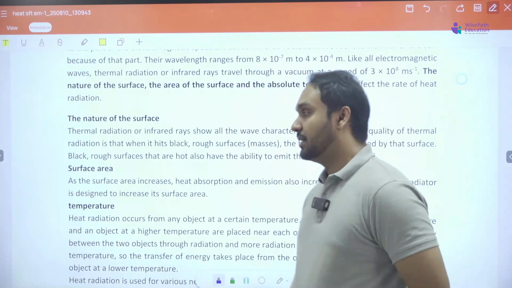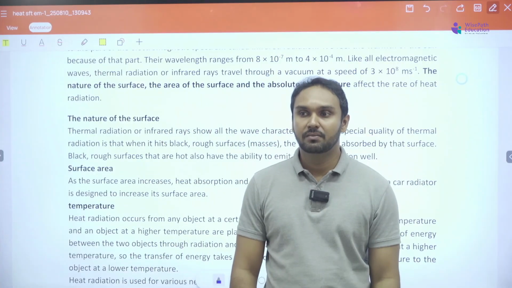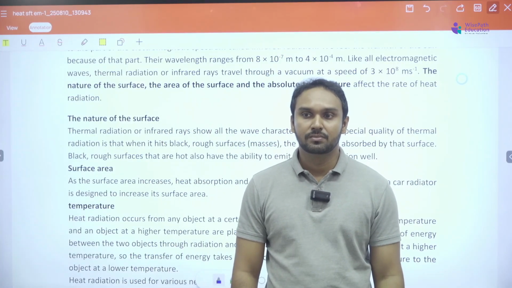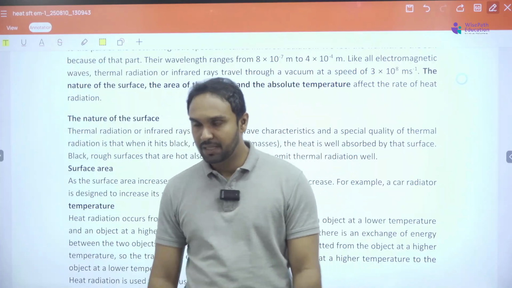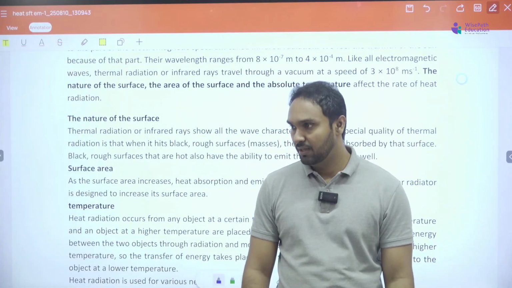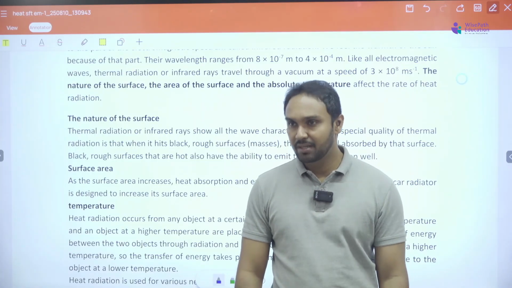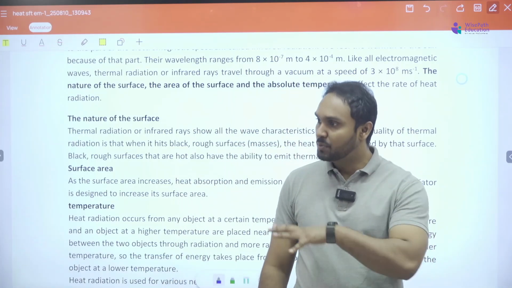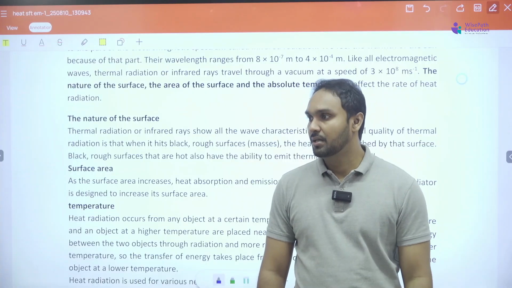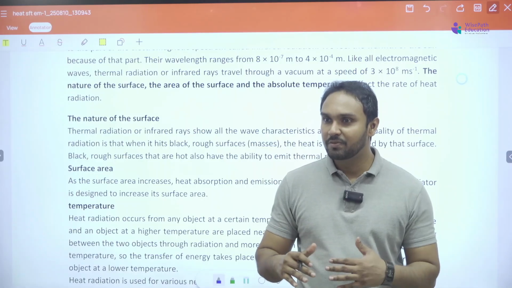That happens, right? The other thing is the rough surface. Rough surfaces, what happens? Would it absorb more heat or not? The rough surfaces actually absorb more heat, because if it's smooth, it reflects, isn't it? If it reflects, that means it doesn't absorb heat. So the rough surfaces absorb much more heat than the smooth surfaces, right? So if you have a rough surface, you will absorb much more heat, ne?